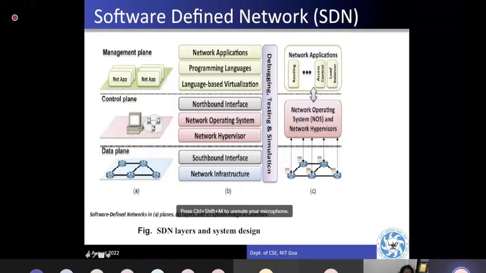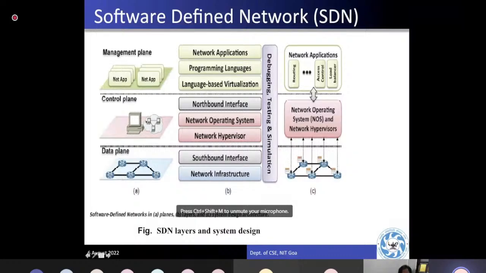So the network administrator, let's assume, is sitting in the USA or somewhere on a different continent, and he's managing your university network, right? When I say university network, let's assume you have a big institute with lots of traffic, and the routing has to be well managed. But that network administrator is not supposed to sit in your university campus to take the decisions. So it could be done from anywhere. That anywhere point is the beauty of the software defined network.